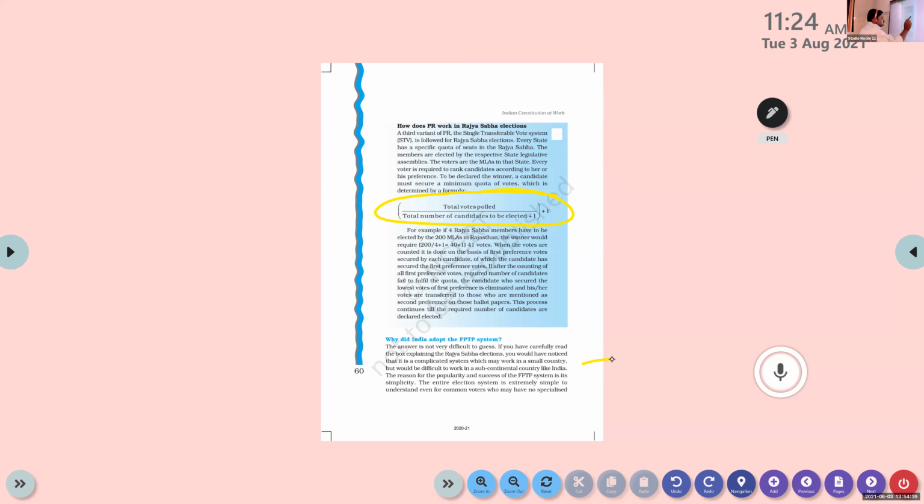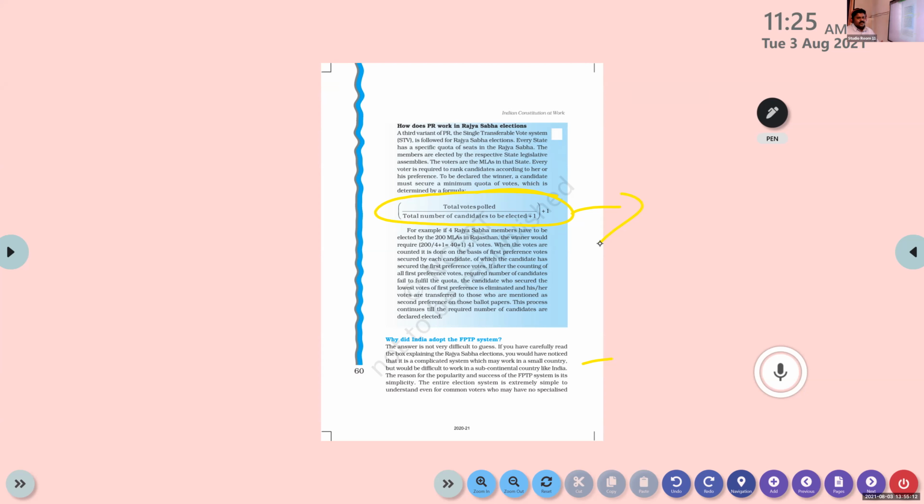This method works with a small group of people, like in a direct democracy. A PR system, proportional representation, will work there. But a country like India, with a vast geographical boundary, different regions and groups of people, and a high population, finds it very difficult to manage the PR system.